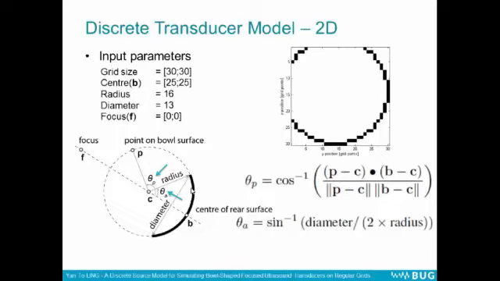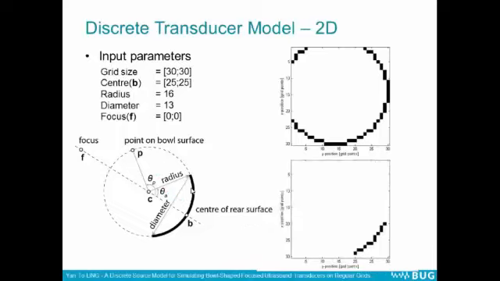This is based on the definition of dot product. The second angle is theta A. It is half of the arc angle. It's just simple geometry. So for each angle P, with theta P less than theta A, we keep the points. And if theta P is larger than theta A, then we just remove them from the matrix, leaving this arc